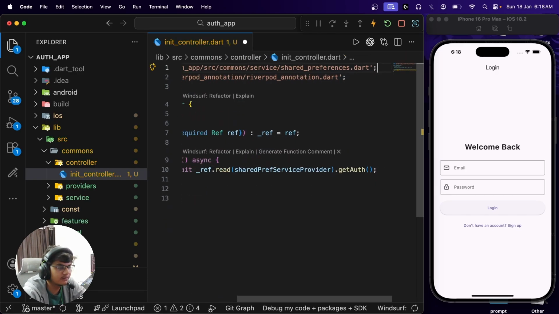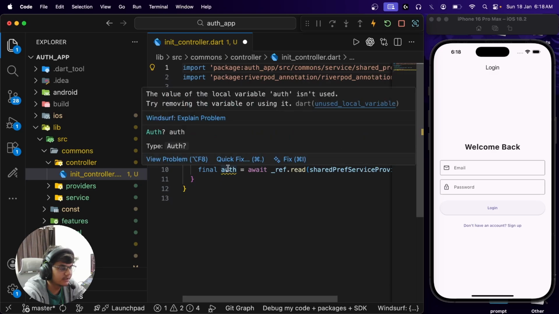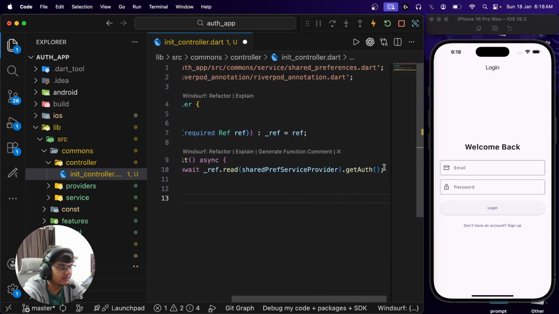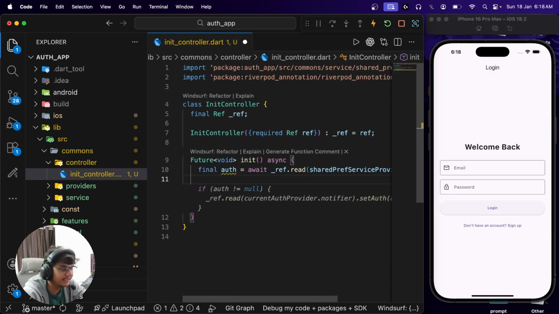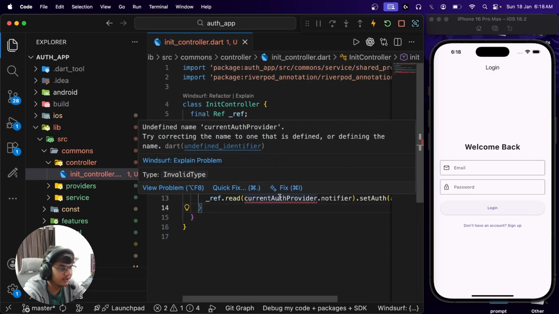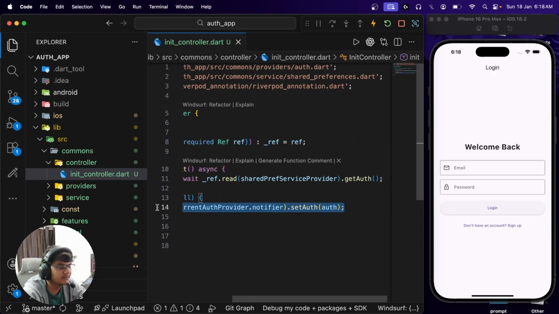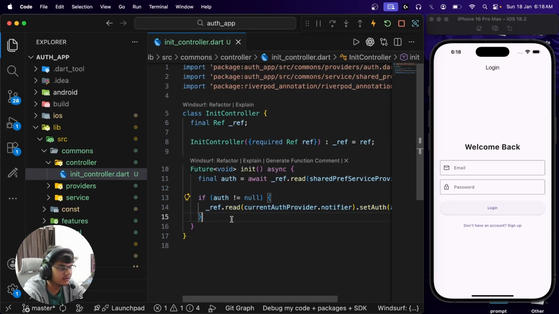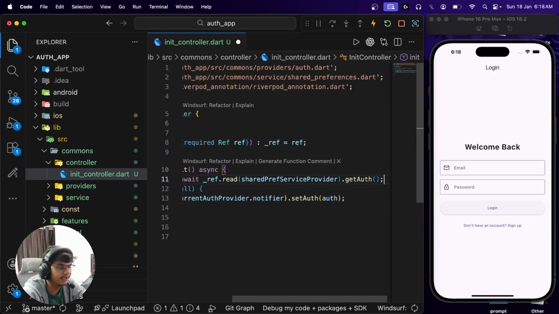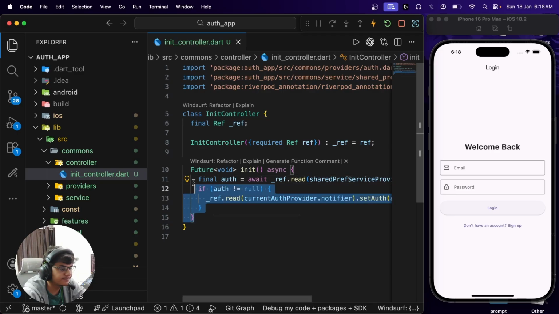right? So we have the access to the auth that is stored in the shared preferences, and we need to set it to the current auth provider, right? If it is not null, only then we'll set it, and if it is null, then there is no point in setting the auth controller provider, right? So let's refresh this,